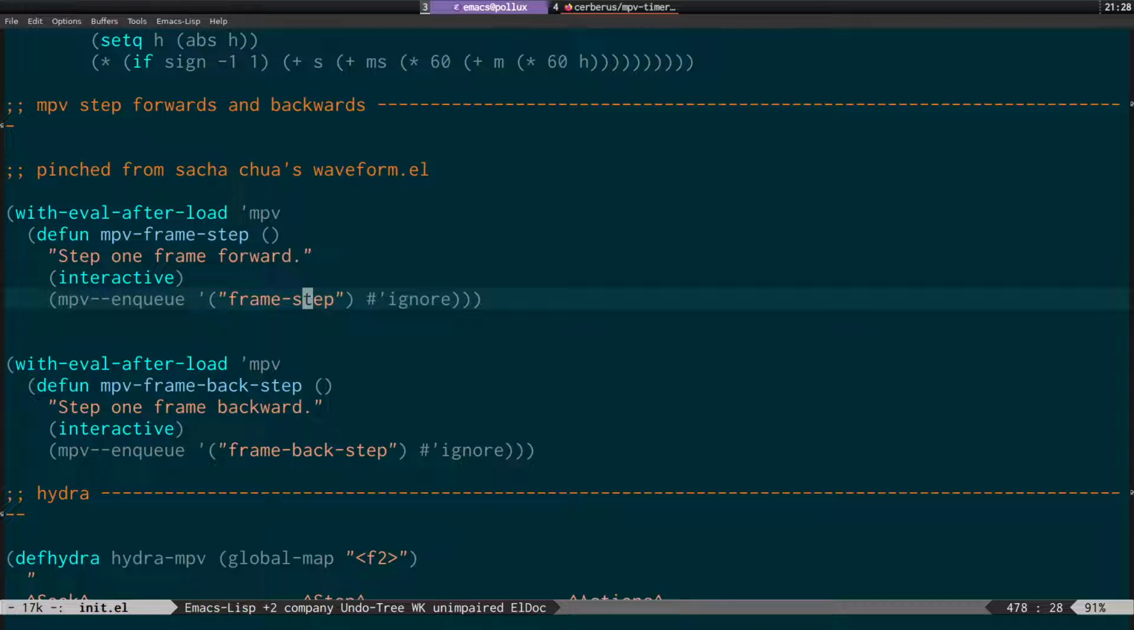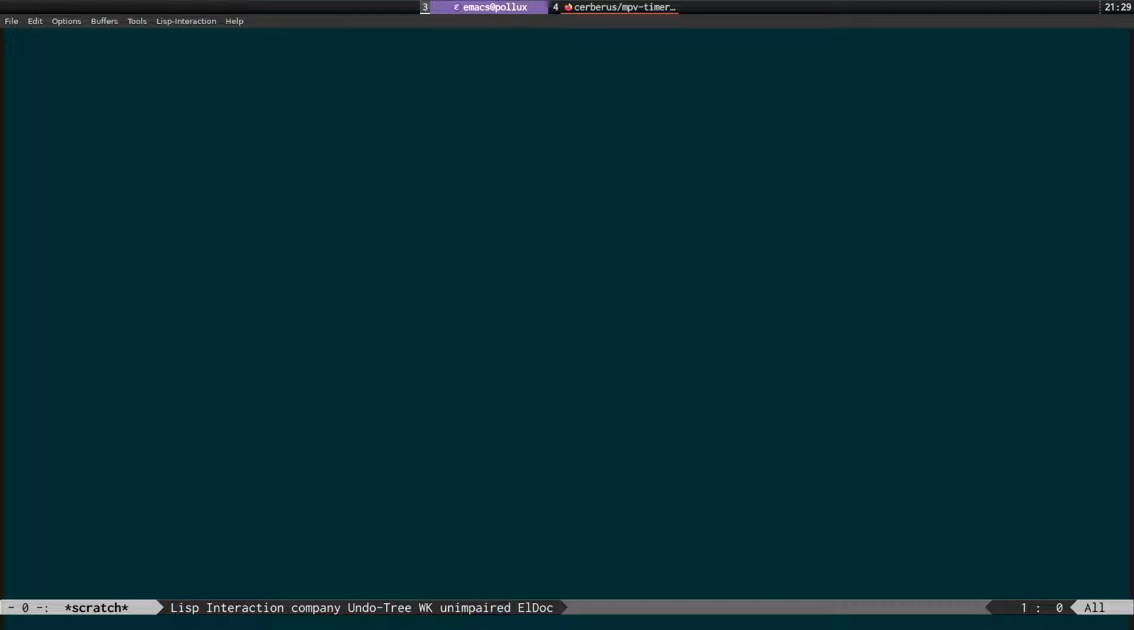basically you can get the function to run after MPV is loaded. As I said, what I found is you need to have this with eval after load MPV. So this is after the MPV package is loaded. We're creating this new function, because what I found is if you don't do that, sometimes it works and then sometimes it throws some kind of weird error. So I don't know anything about this, but that seemed to make it a bit more robust. I'll put links to all this under the video, and that will basically allow you to seek forward and backwards